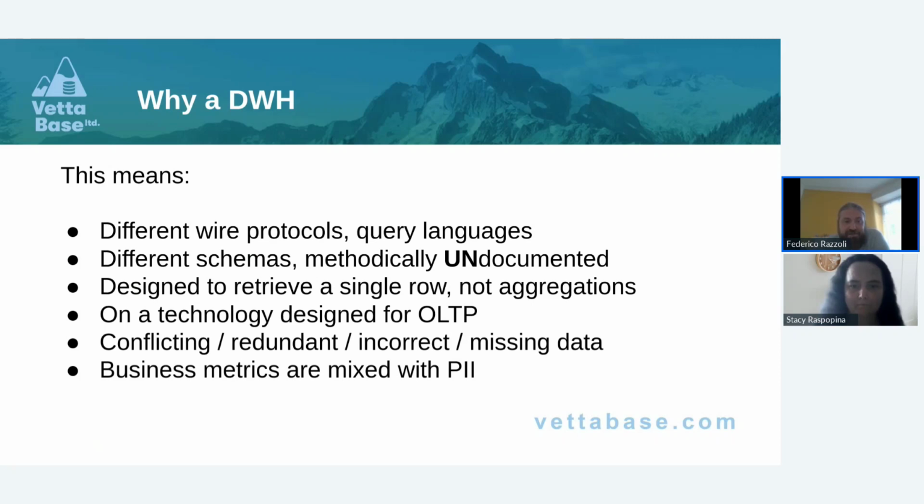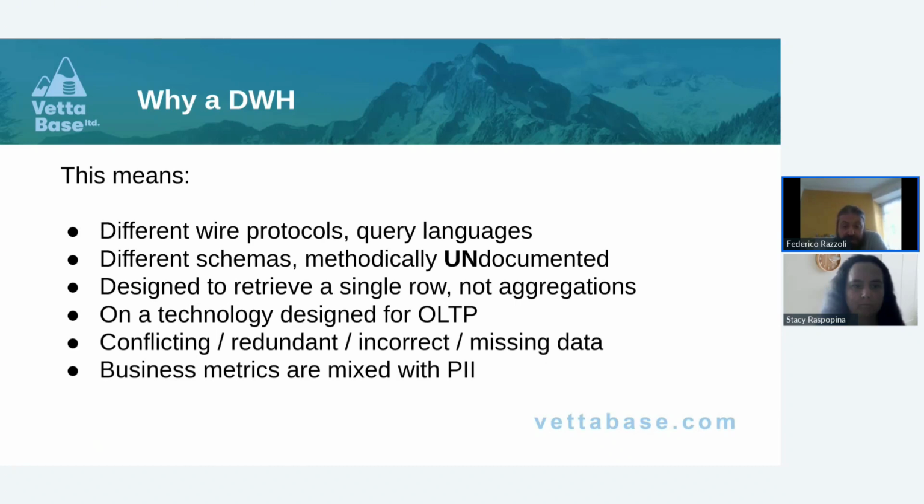And to sum up, this means we have different wire protocols, different query languages, different schemas that are not methodically documented. So you have to find out what various tables mean. And they are designed to retrieve a single row fast, or more generally, to answer OLTP-like queries, but not for analytical aggregations, which need different data structures and different indexes. And of course, the database technology itself that is used is designed for OLTP, so it will be fast for OLTP, hopefully, but it won't be fast at all for analytics. And then our data could be conflicting with each other,